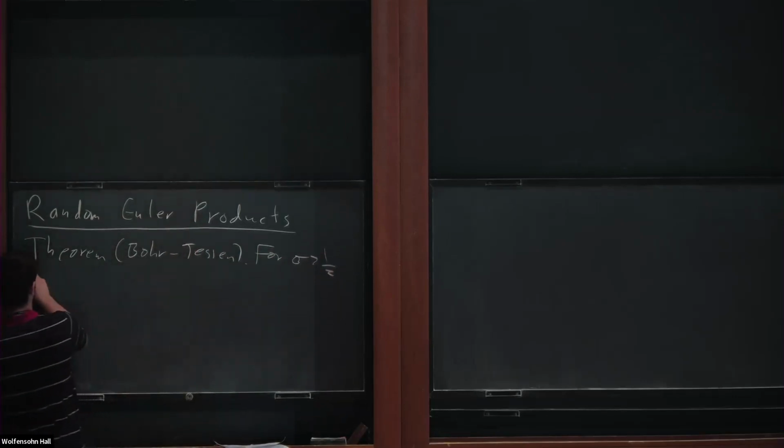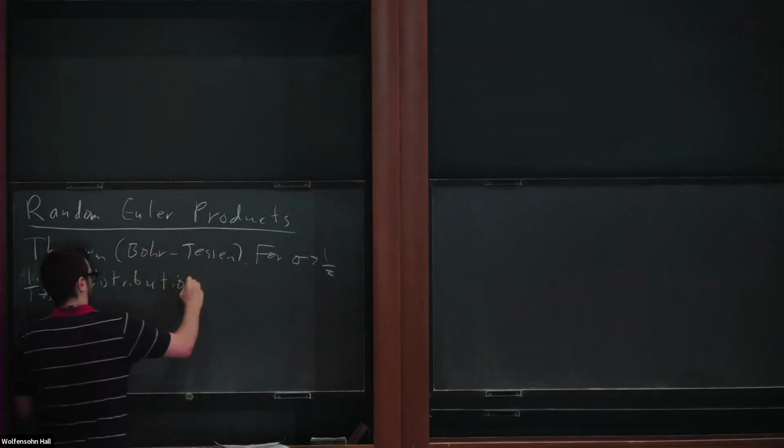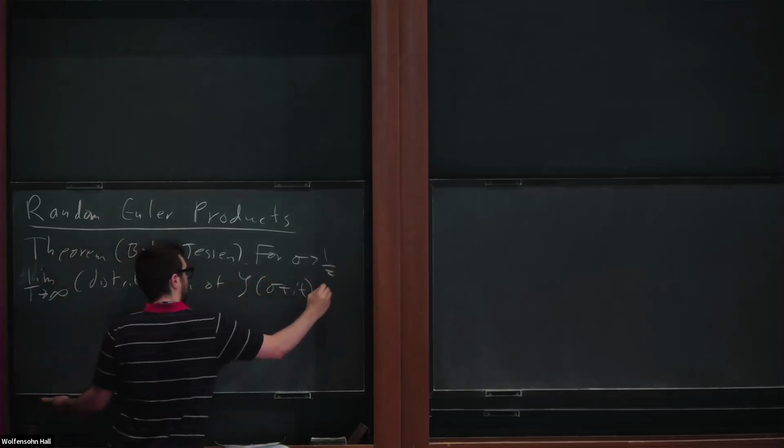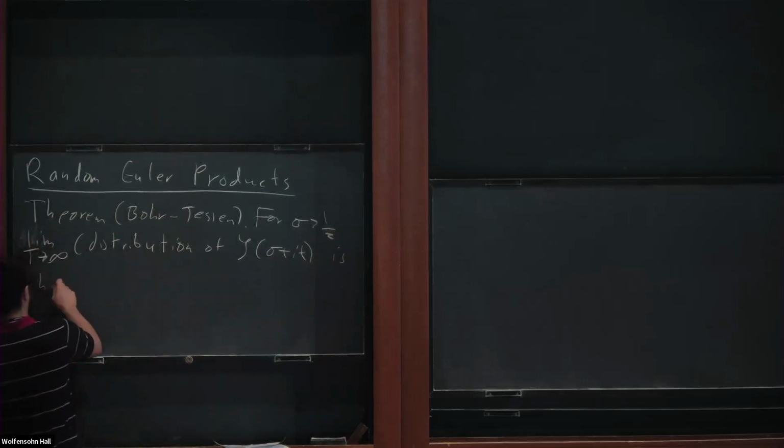The limiting distribution, the limit as t goes to infinity of the distribution of zeta(sigma + it) is the distribution